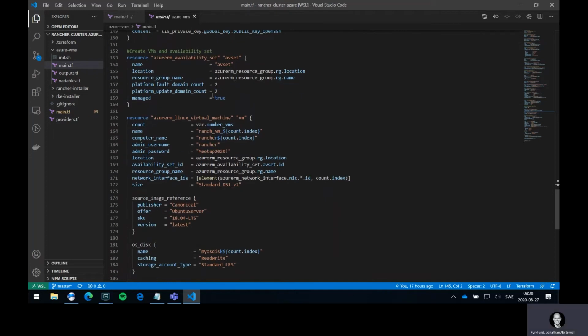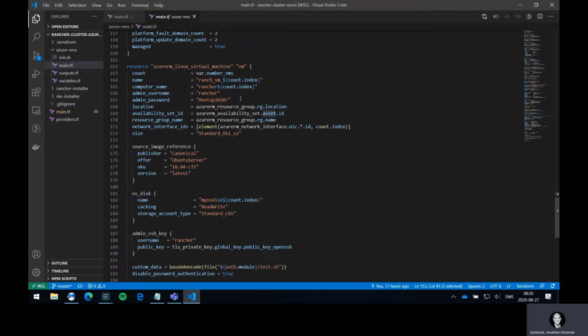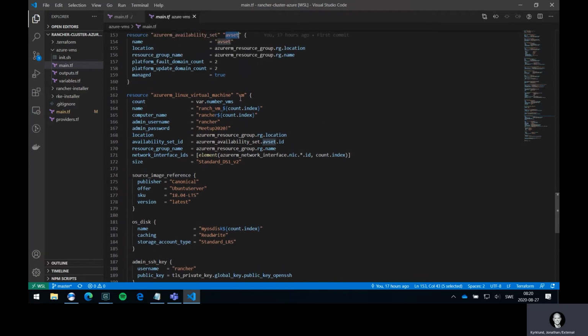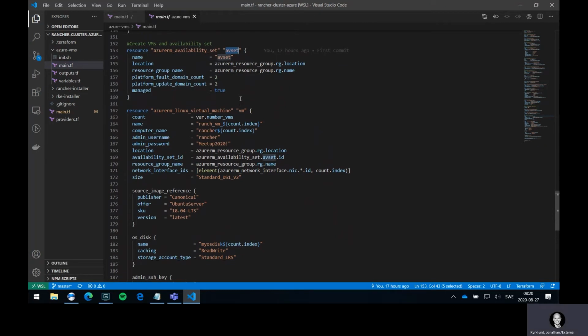And we're also going to add all the virtual machines to an availability set in order to make sure that we can keep them up and separate from each other, so they don't get hit by patches and updates that Azure